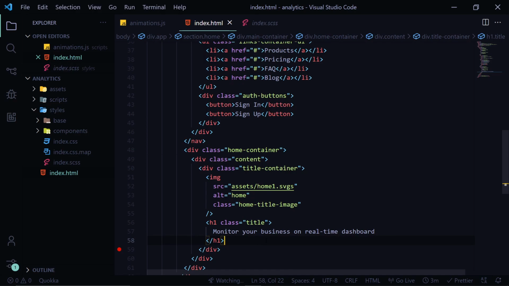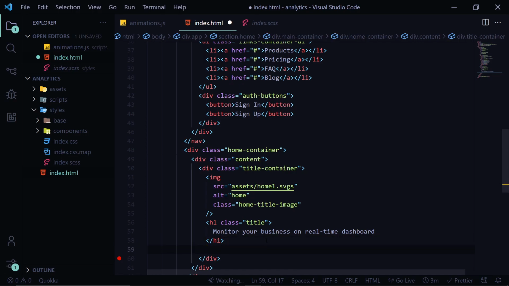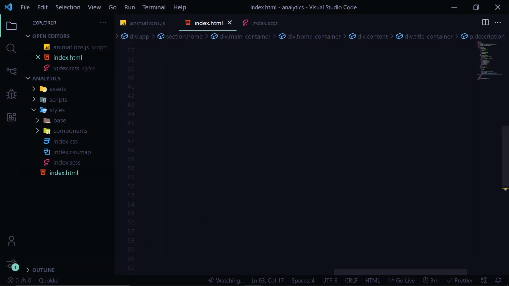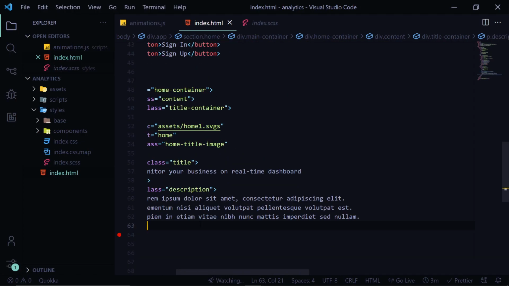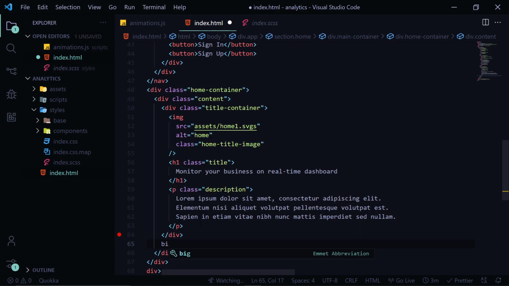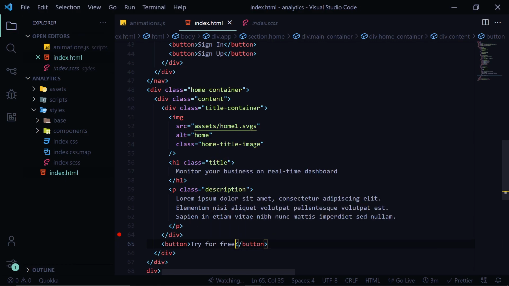After this h1, we have a p tag with class name of description. I'll copy the content from here, paste it. It's just a simple lorem ipsum text. And after this p, we'll have a button which has text as try for free. Save this, and